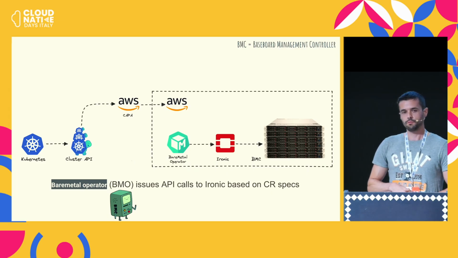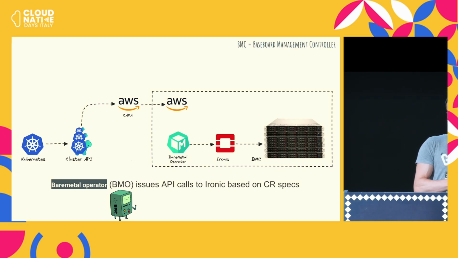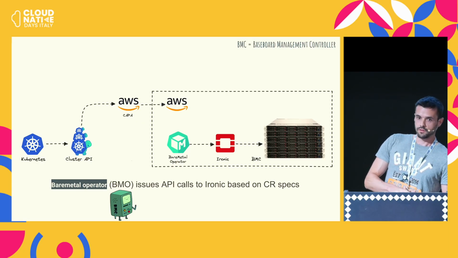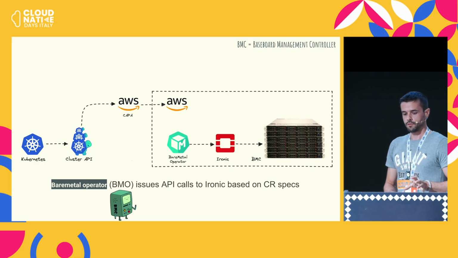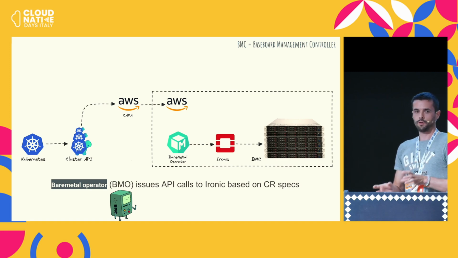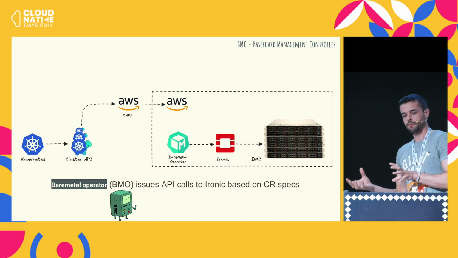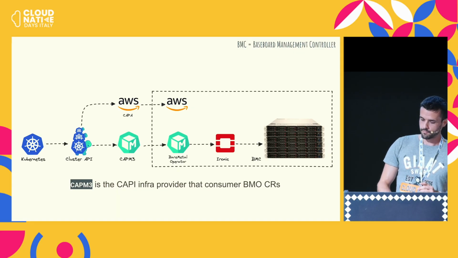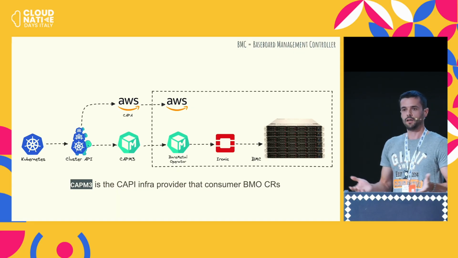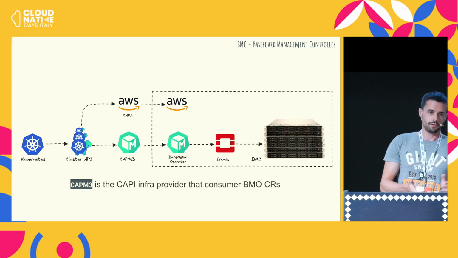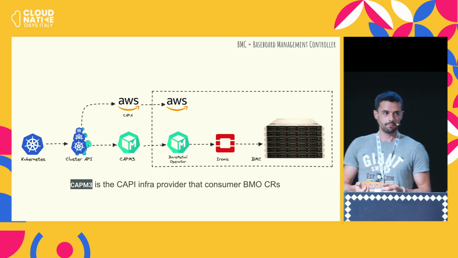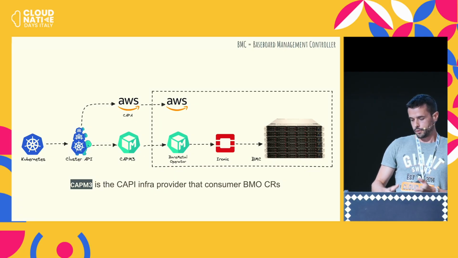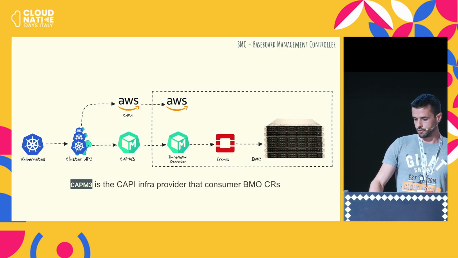On the Kubernetes side of things, we have Metal³ starts with the bare metal operator. So the bare metal operator is going to watch some custom resources we'll talk about in a bit, but bare metal operator is going to be the link between the hardware world, or the outside of Cluster API world, and our management cluster. And in between these two things, we have the CAPI provider. So I talked about CAPV, CAPA. This one is called CAPM3, so Cluster API Provider Metal³. But yeah, bare metal operator is going to be the brain of the operations here.